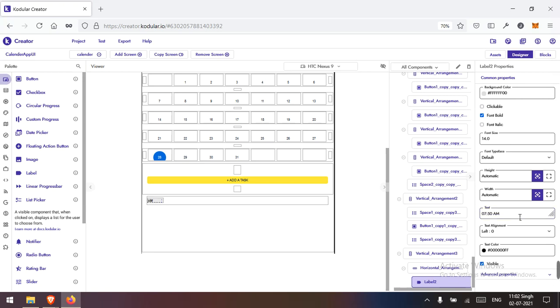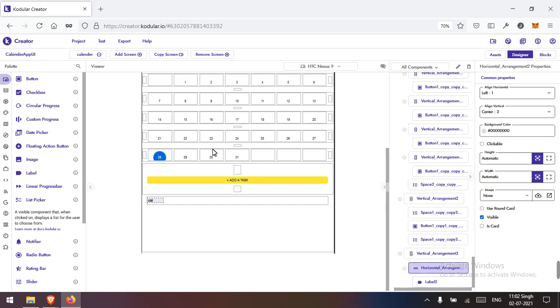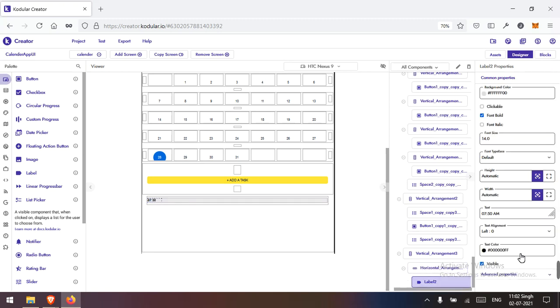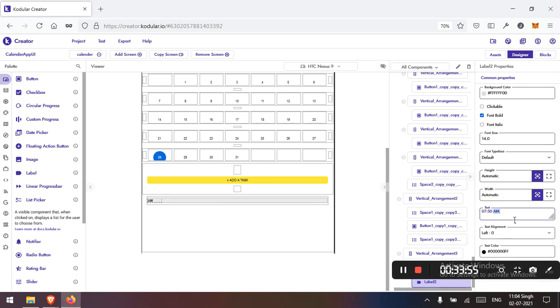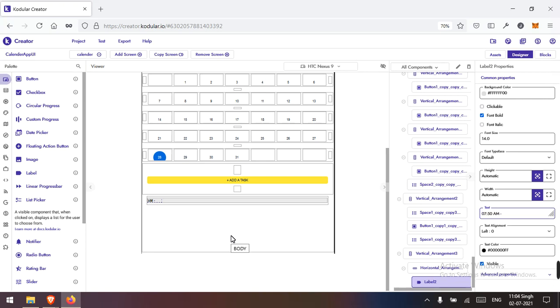So we can add this, and we can add some dash here to separate those. Let's grab the title for the task here, event or task, whatever it is. So we can grab this here,